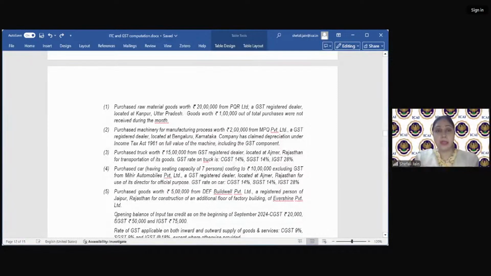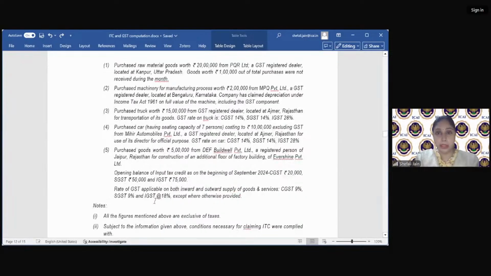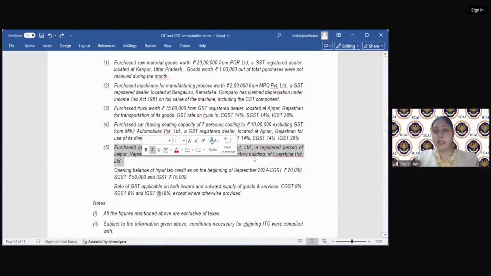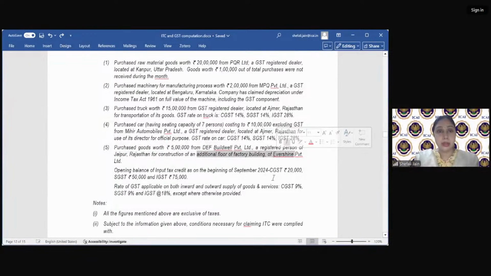Same as you can see in point number 5. Purchase goods worth rupees 5 lakh from DEF Buildwell Private Limited, a registered person of Jaipur, Rajasthan, for construction of an additional floor of the factory building. Now, these goods have been used for construction of an additional floor of the factory building. Some students might have this confusion in their mind whether this expense has been capitalized or not,